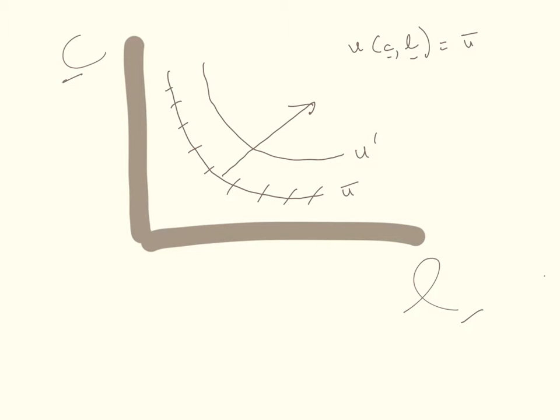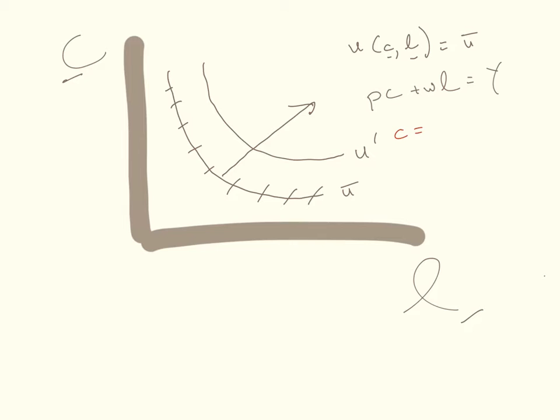With the usual utility maximization problem, we'll pick the highest level of utility that we can possibly get given the money we have to spend. So good C will have some price P, and we'll say good L has some price we'll call W, and those two have to add up to some total amount Y. Plotting this budget curve then in consumption leisure space is as simple as rewriting the budget constraint so that we have